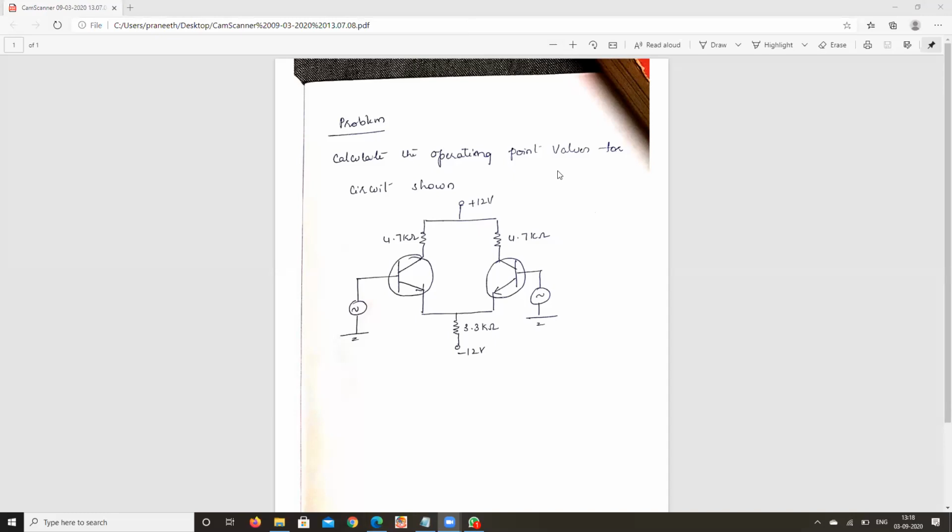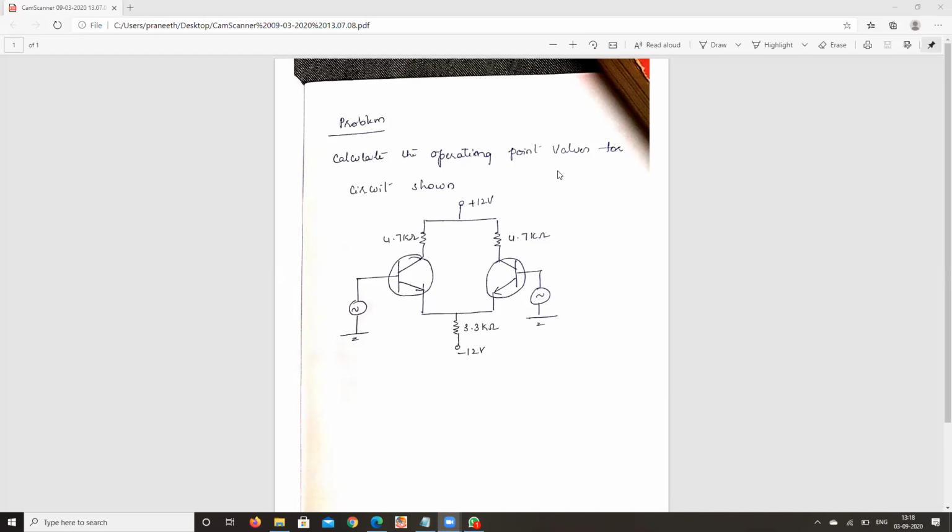At least go through the previous one. VEE minus VBE by 2RE. Yeah, what is that? VEE minus VBE by 2RE. So already you have VEE here, isn't it? So VEE is given as 12 volts. Of course, there is no need of considering the negative sign here, because directly we got VEE by considering the negative sign only. So you can directly substitute the value of VEE as plus 12.